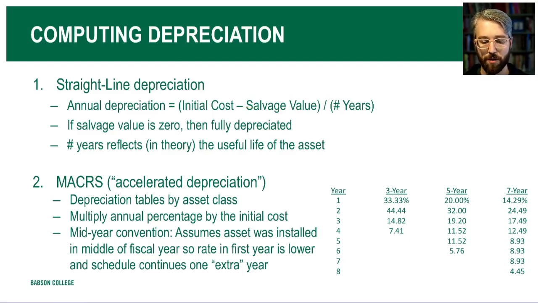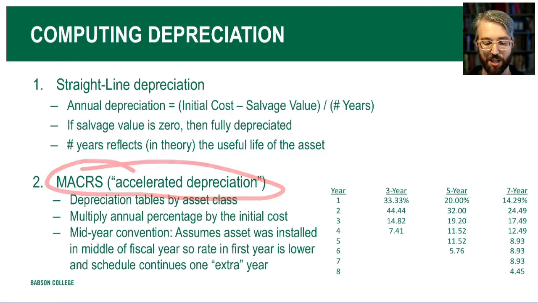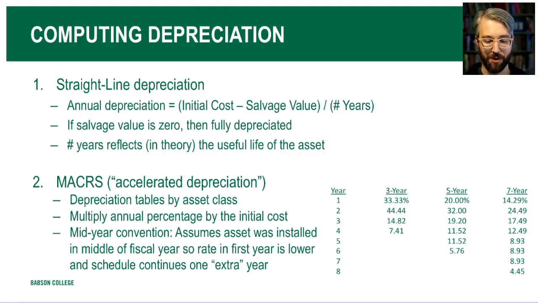The other common possibility is that firms use, for particular goods, what's called accelerated depreciation, where the MACRS or modified accelerated schedules are what they're allowed to use. And this is going to involve a depreciation table, which is going to vary by asset class based on accounting rules, and then multiplying the initial cost of the good by some annual percentage, which is read